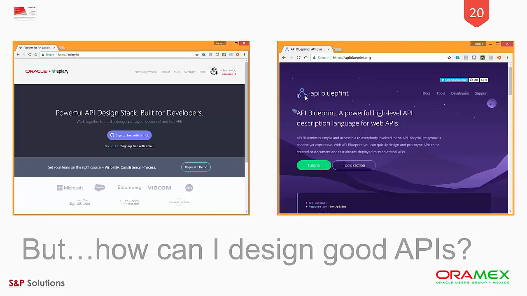So you can see how, besides using the web UI of Apiary, we can use some command line utilities to make some validations and tests. So Leonardo is going to start with the demo.